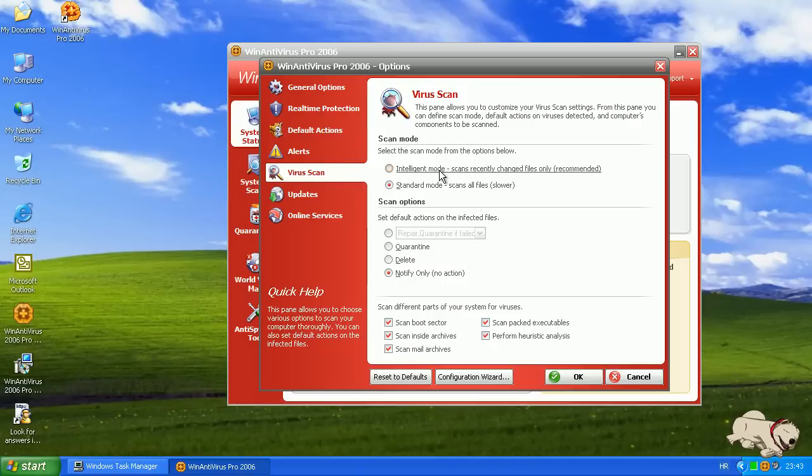Okay, for virus scan, we can choose which way to scan. IntelliJ scans only recently changed files, while More scans all files. For scanning options, we can choose automatic action, or just keep it to notification only. You can try to do the action after the scan is finished. We can repair content if failed, or repair and delete if needed. And we can scan specific parts of the system: boot sector, inside archives, mail archives, packet executables, and perform